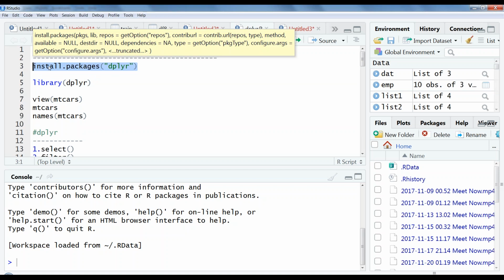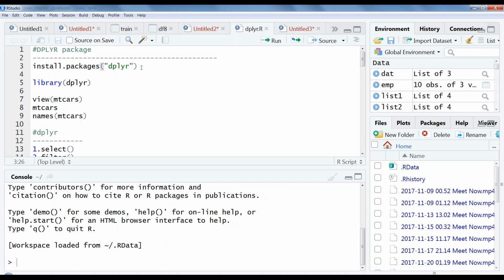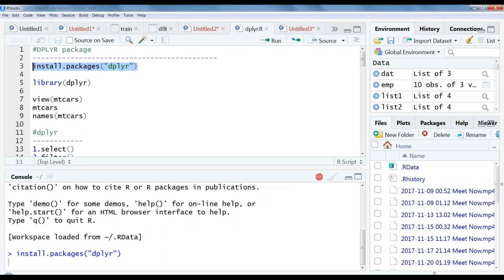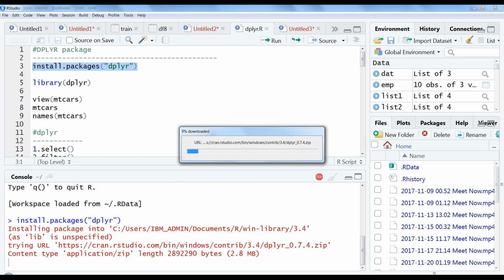I have written this piece of code already: install.packages, and dplyr is my package name. I'm going to run this by selecting this line and pressing Control Enter. It will start installing, which is nothing but downloading that piece of code into my local machine. Here you can see the download portion as well.